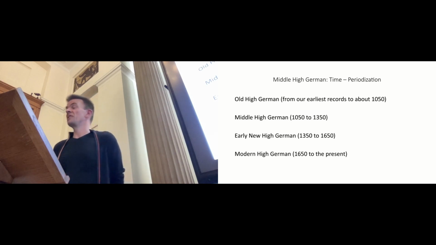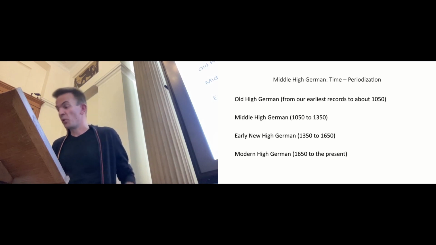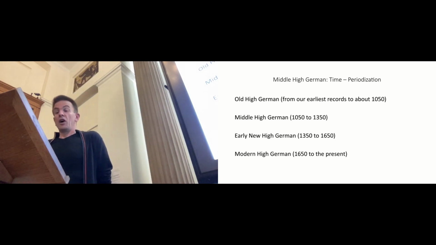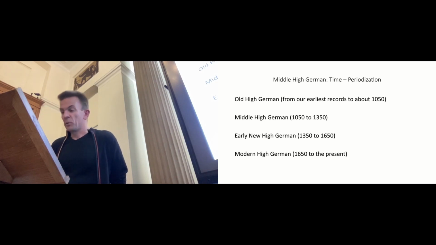In many language histories, for example, the accession of Charles IV to the throne in Prague in 1346 is used as the criterion for the beginning of the early New High German language period and for the end of Middle High German, of course. Of course, internal and external language factors are